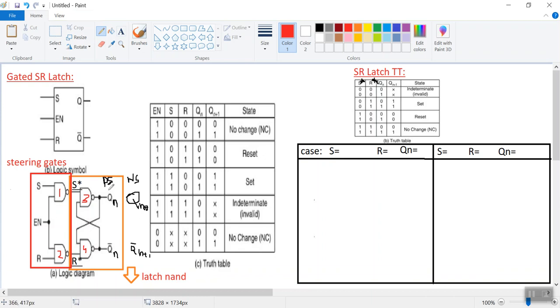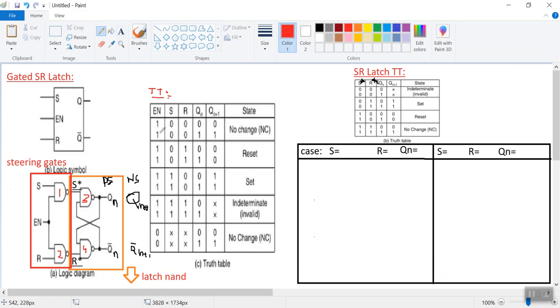So if we remove this particular part, we can simply call this the latch. For our understanding I considered S star and R star. In front of S star and R star, I kept S and R along with enable as one of the inputs. So now this is our truth table. I will explain how this truth table arises corresponding to the inputs S and R.